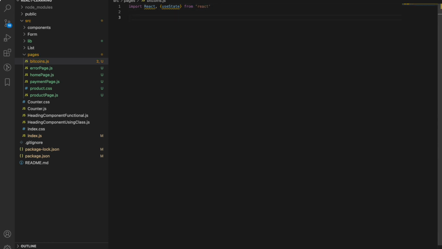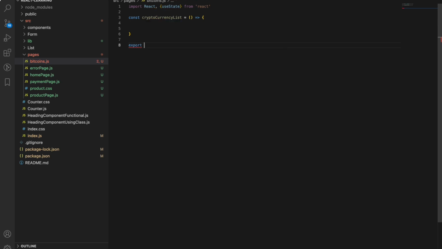Okay, now okay, sorry, not bitcoins, it's cryptocurrency list equal to. So this is a component I am creating, cryptocurrency list,